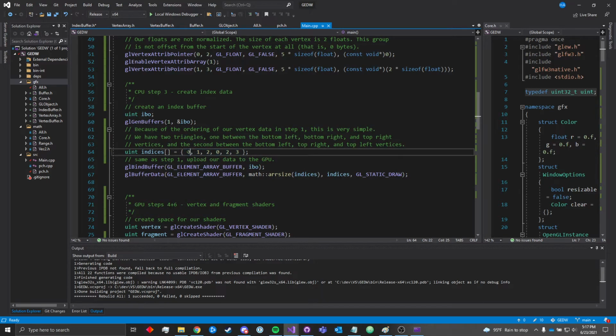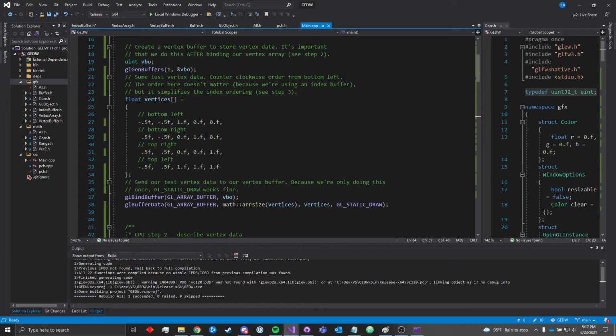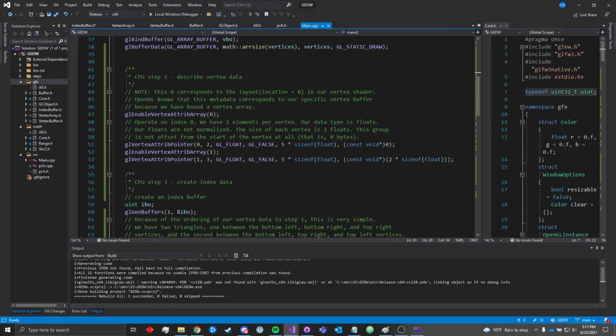So for one quad, we have this pattern. Once again, assuming the convention of counterclockwise from the bottom left, that's how the vertex data is defined. And that's fine. We're writing this library, so it's perfectly reasonable of us to impose that restriction on the user. So we'll just assume that the vertex data they've given is defined in this order of counterclockwise from the bottom left. And then using that, we can